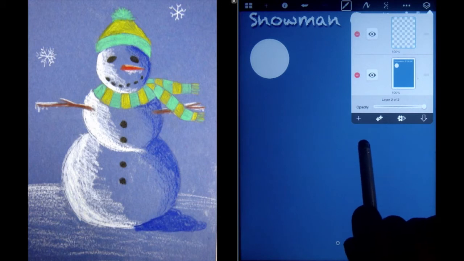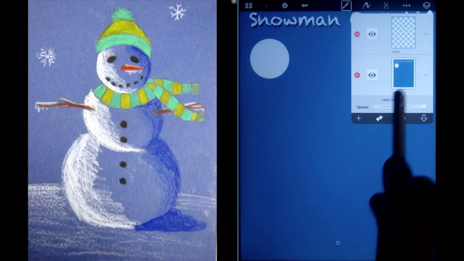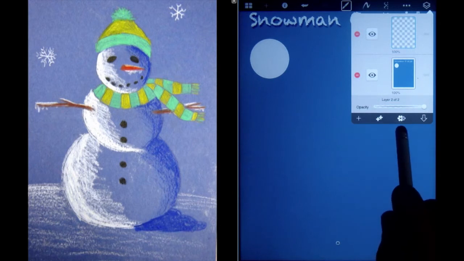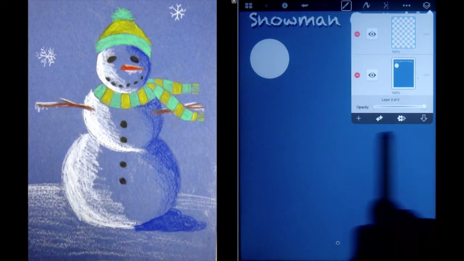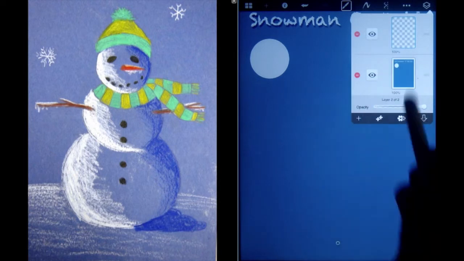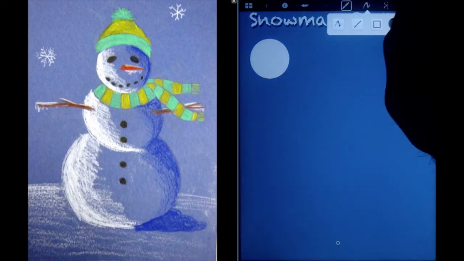In our Layers palette, Plus creates a new blank layer. Another plus would copy the layer that we already have. Flower Plus allows us to add in a photo, and the arrow allows us to merge layers. So on that new layer, we're going to use Circle Tool to go ahead and outline our snowman. So I select Circle Tool,